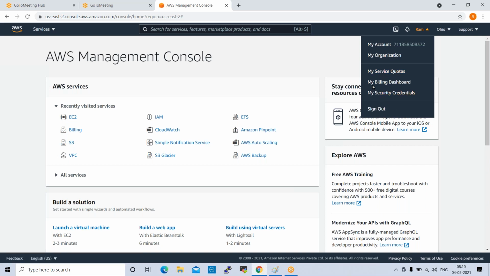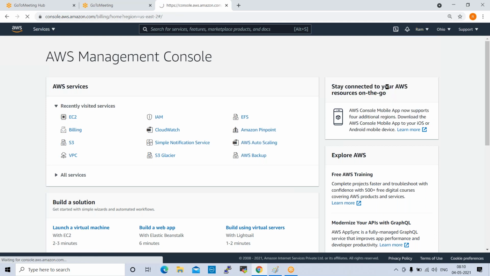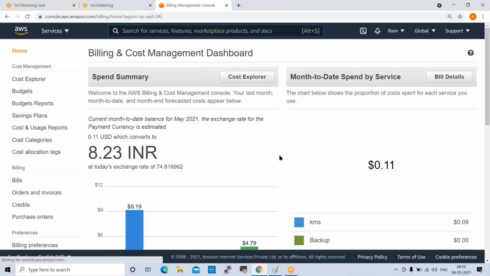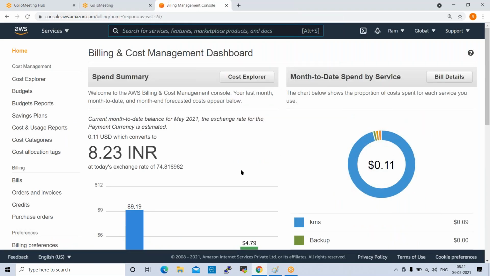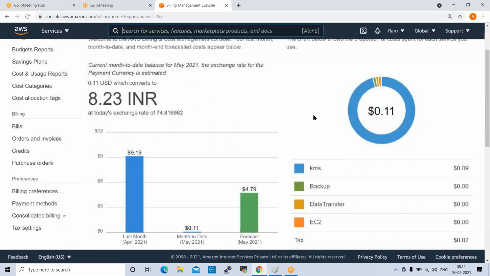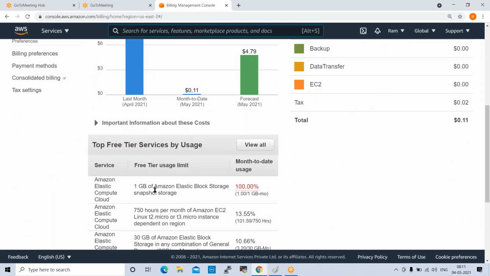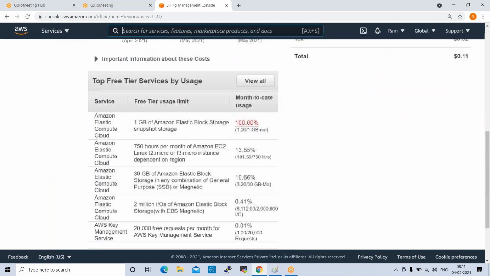Okay. And my billing dashboard. In this we will get the bill details. If you open this tab, these are the billing details. In this billing tab we can get all the billings and utilization service-wise. Like here, if you see Amazon Elastic Compute Cloud 100% utilized.